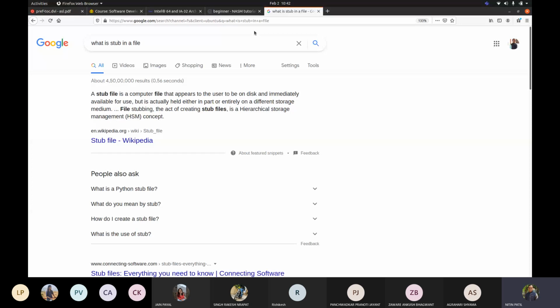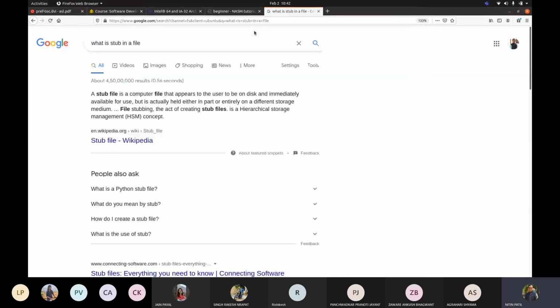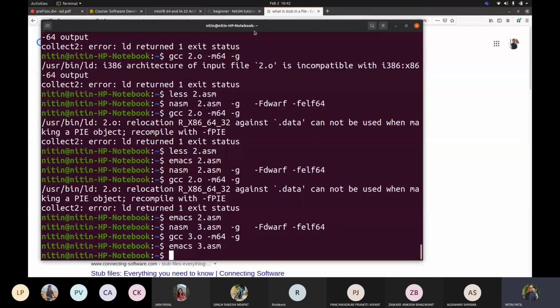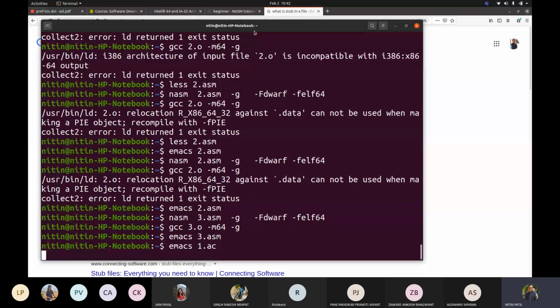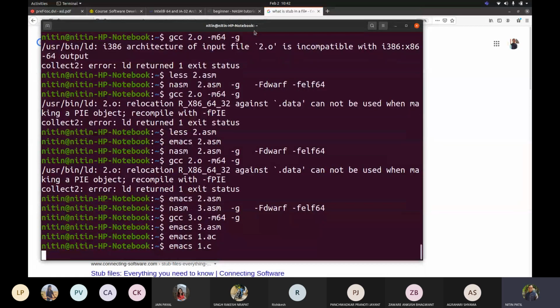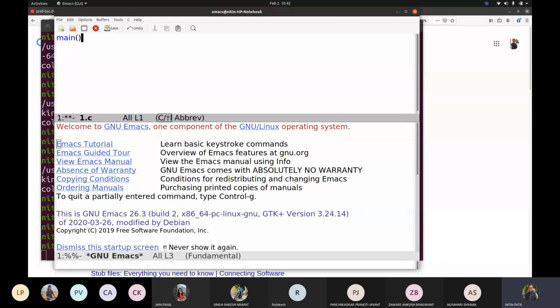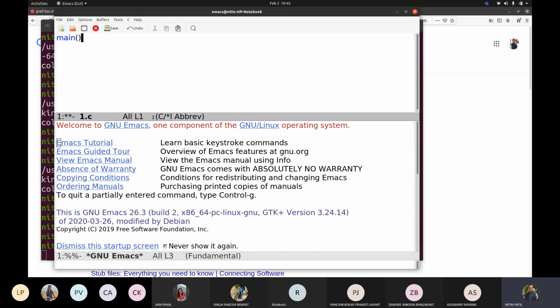Now let us check this. When I go to an editor like Emacs, suppose I try writing Emacs 1.c. Now when I type main and put brackets, suddenly you saw that the color got changed, and it is telling me that I am making use of C abbreviation.